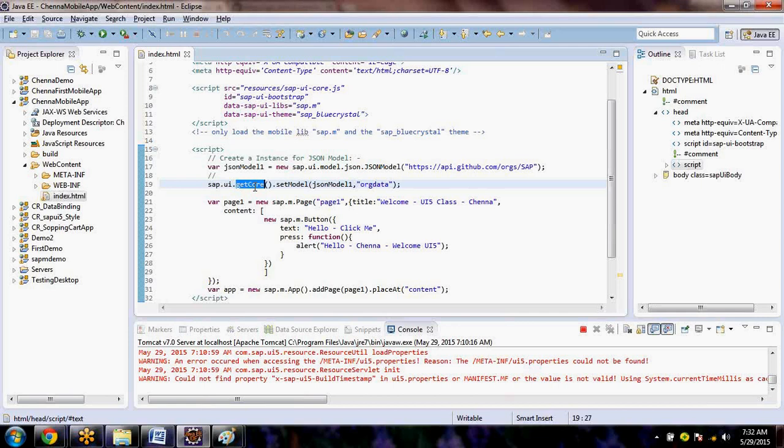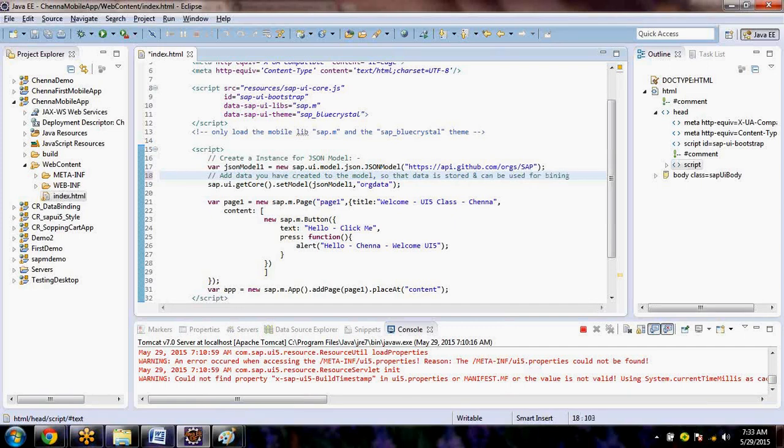So what is this step doing? Basically it adds the data you have created to the model, so that the data is stored and can be used for bindings.